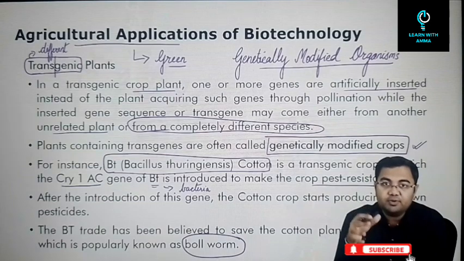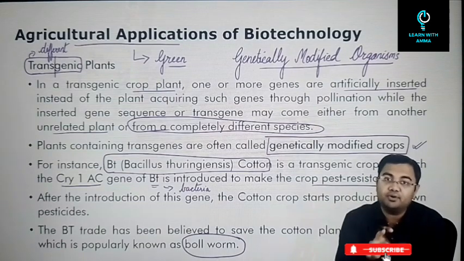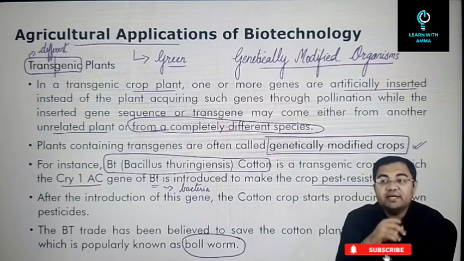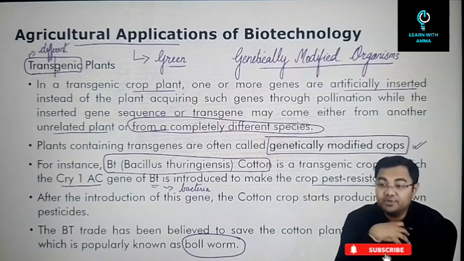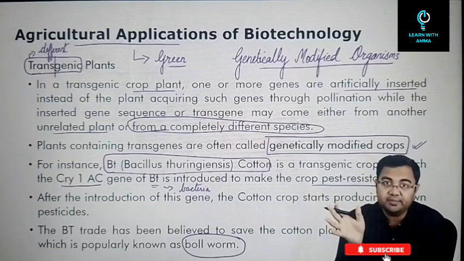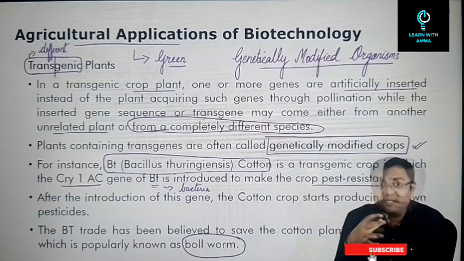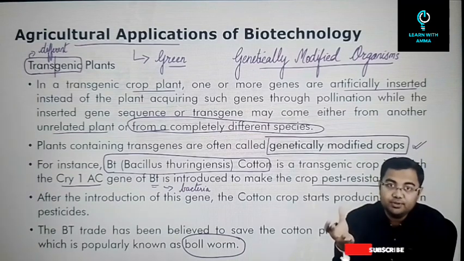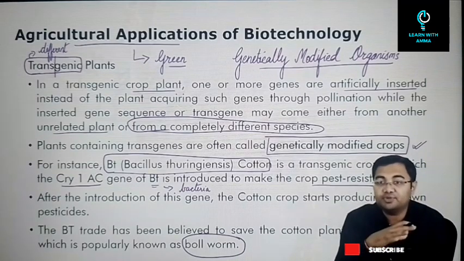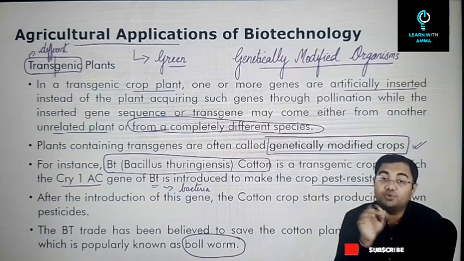When we talk about the bollworm, it feeds on cotton. It used to eat cotton and destroy the cotton crops altogether. So that's why it was a huge menace. Large amounts of pesticides were used for killing these bollworms or making sure that these bollworms do not destroy the